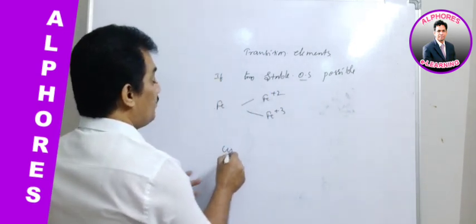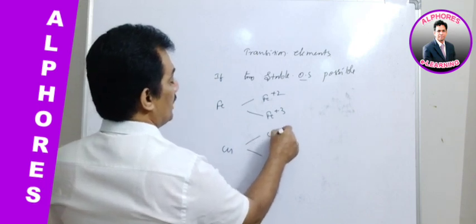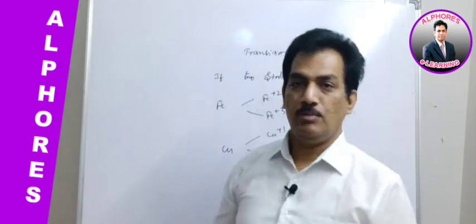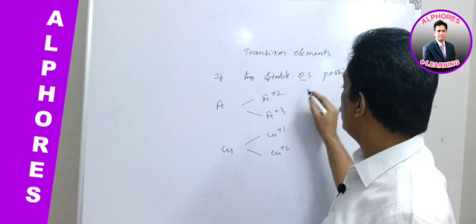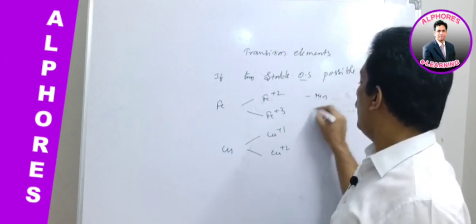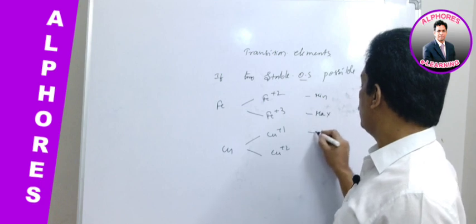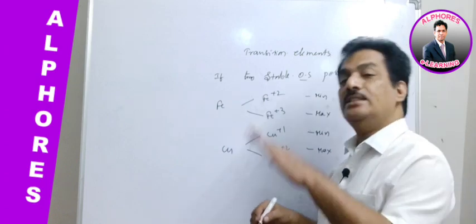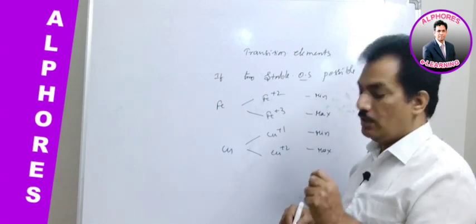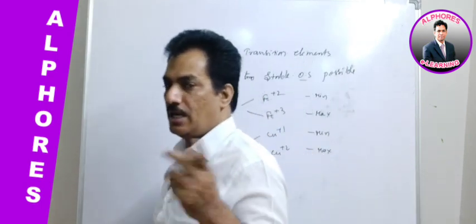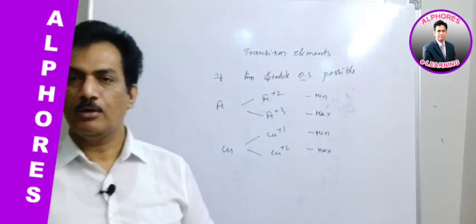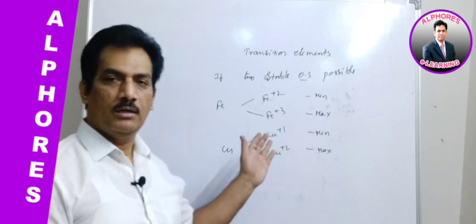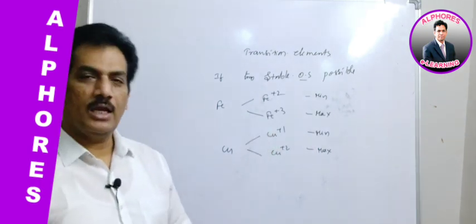Similarly, copper, well familiar, these two elements you know: Cu +1, Cu +2. The numbers are not the same. That is the minimum. That's why I am considering two stable oxidation states. One is the minimum and the other one is maximum. Here also minimum and maximum. In its oxidation state, relatively minimum and maximum, the minimum number is not fixed for all these elements like that of the group elements. For sub-A group elements, the minimum oxidation state is fixed for all the elements. But here in D block, in transition elements, we are not doing like that.